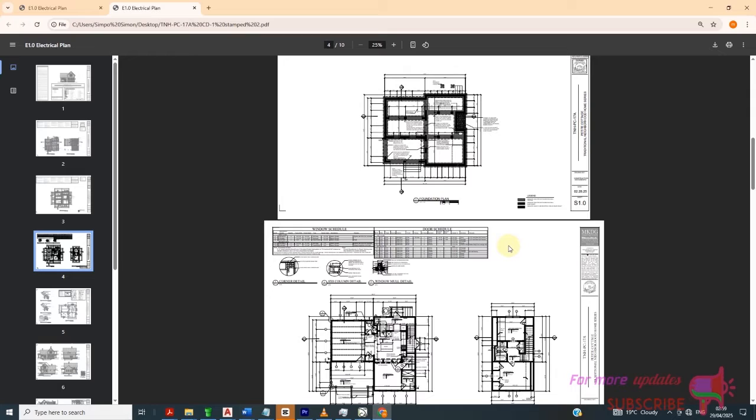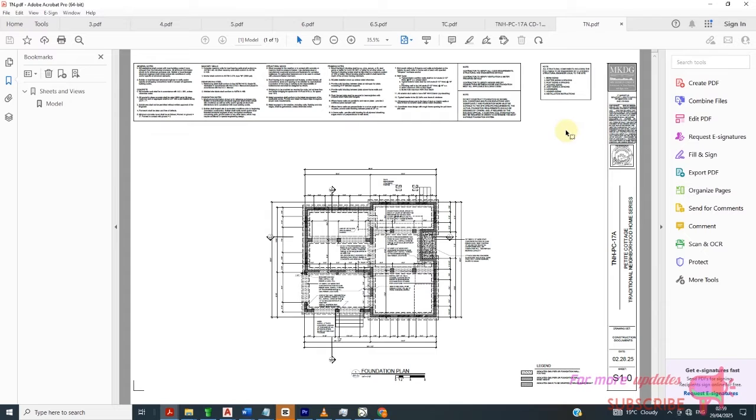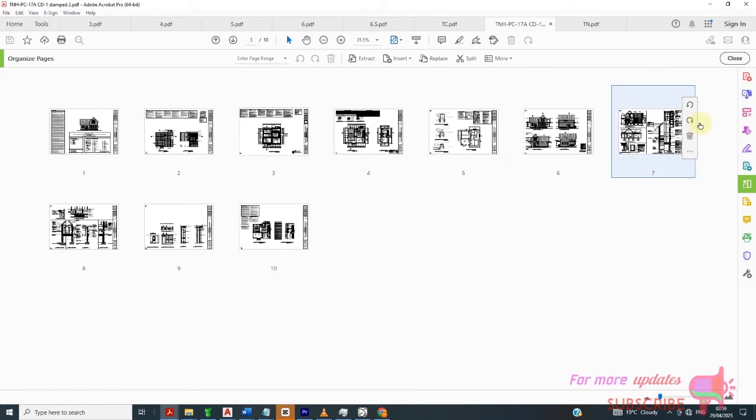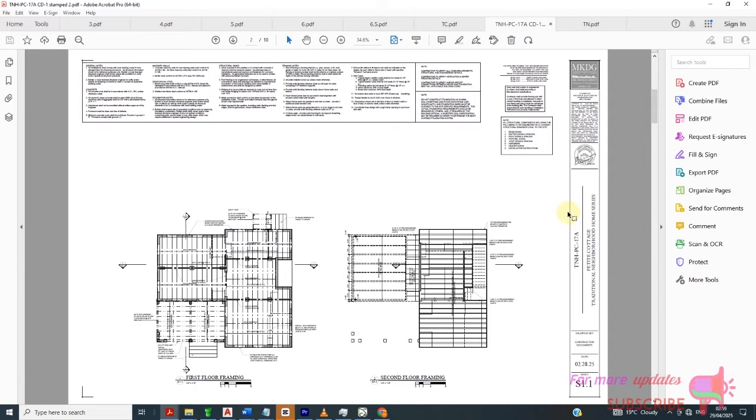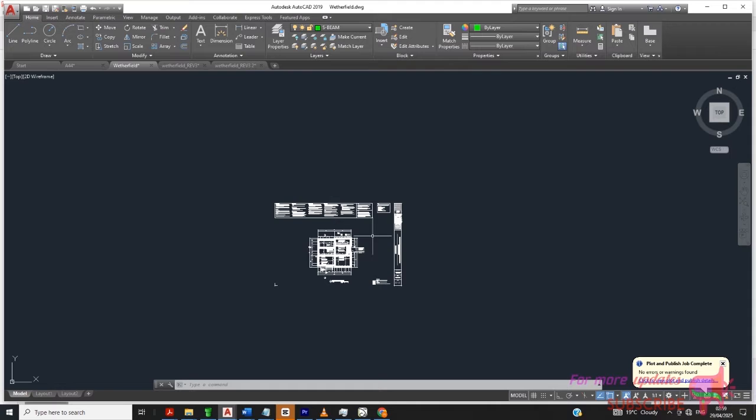But the problem with AutoCAD is that you may not be able to know the size of pages that you are using. So you will need Adobe Acrobat Pro, so that you will be able to know exactly the sizes of page that you are using. And after you know the size of paper, you are now able to resize it either in Adobe Acrobat Pro or in AutoCAD. Okay, without further ado, let's go